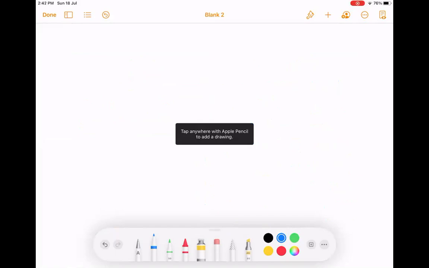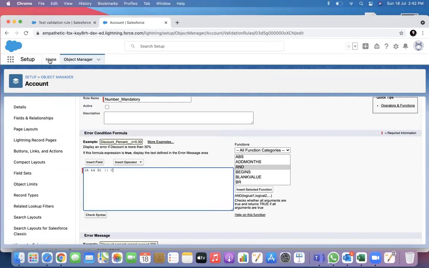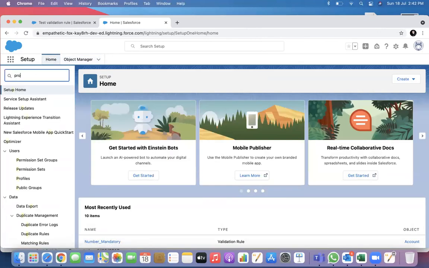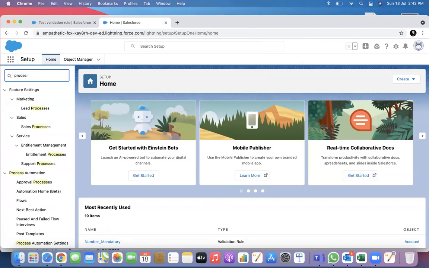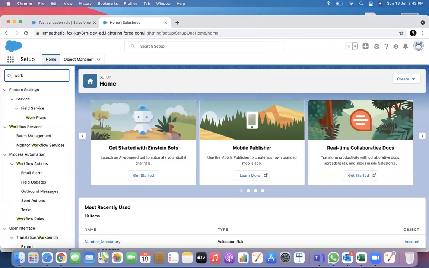So all what we are talking about today is logic driven, and it automates some things. Either it automates validation or it automates some work, right? Like sending emails, it is automating. Like updating some fields automatically, right? So this is automation. This is called process automation. So two kinds of process automation which we will see. Already validation rule is one. In the home, you go to process automation, or you can directly search for workflow rules. It comes under process automation.